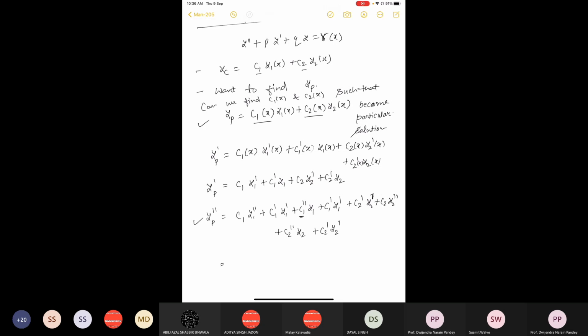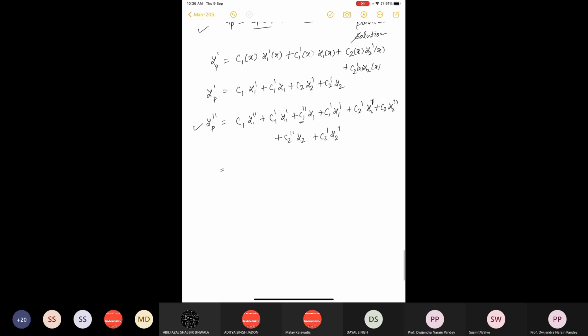So we choose two conditions on c1 and c2 such that we can get a solution. The first condition: this double derivative is coming because we have the first derivative in yp dash. So I assume that c1 dash y1 plus c2 dash y2 is equal to 0,